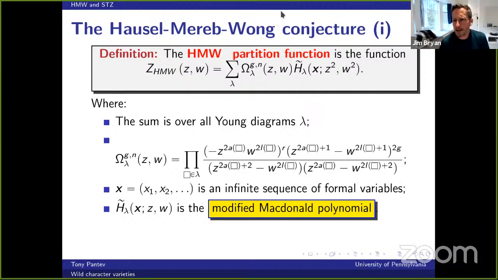Tony, could I just get one more in real quick? Sure. Yeah. So my understanding of your passage into the threefold geometry, I think that's for G is GLN. Is there a threefold geometry story for other groups, specifically the SP or the Os? There should be for classical groups, but